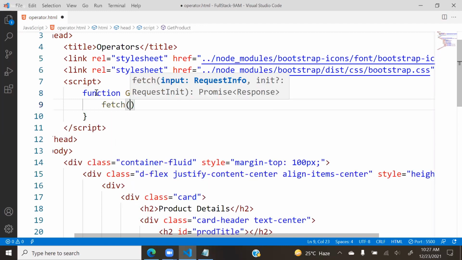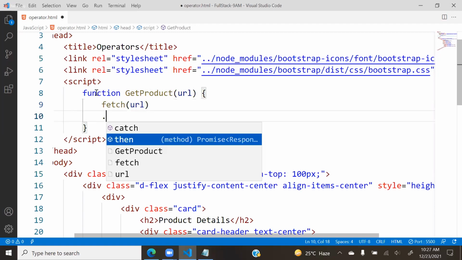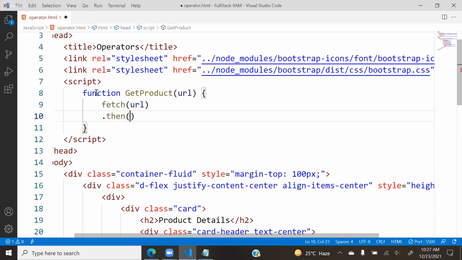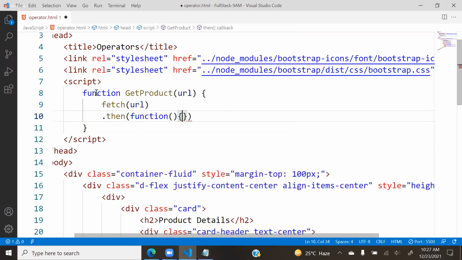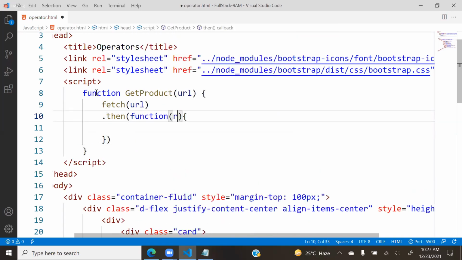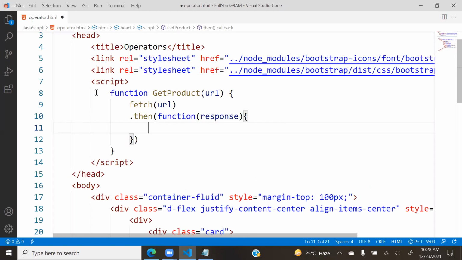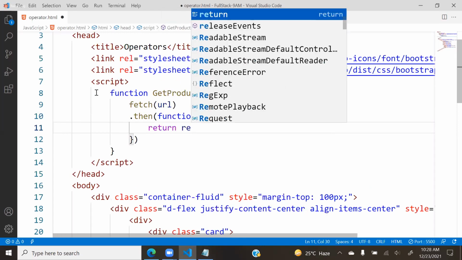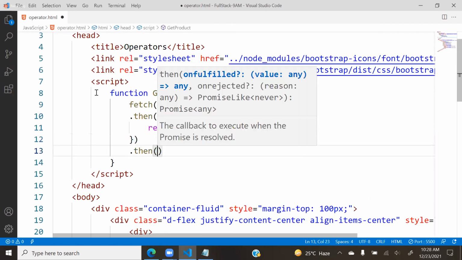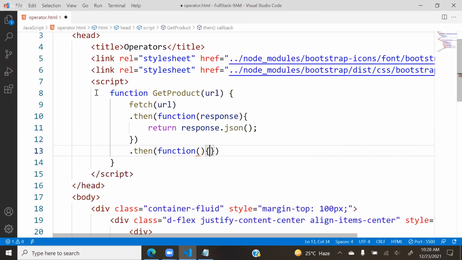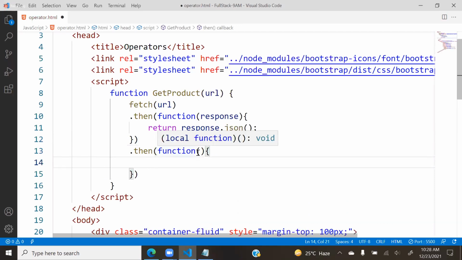The fetch method gets the data from the URL. And fetch method have option, then it will use a callback function. This callback function will have response, and what it should return, response.json. So after that, another then callback function, it will get the data,